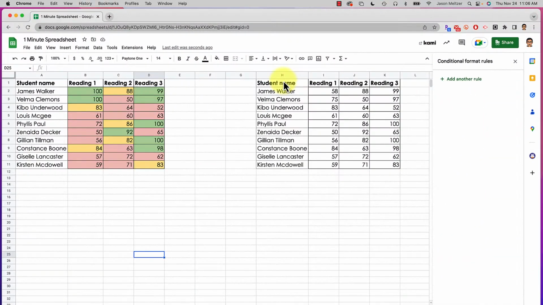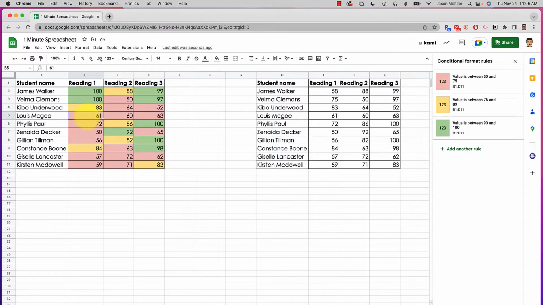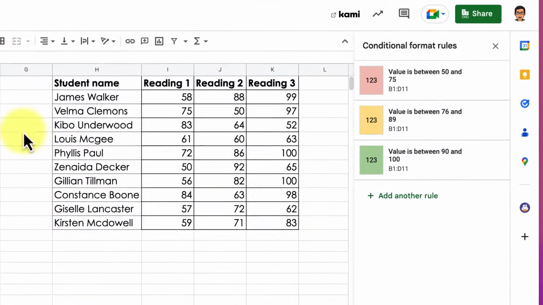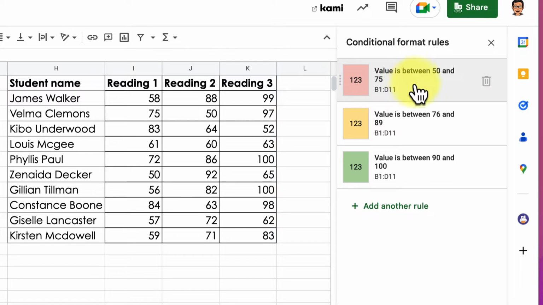I want to show you two ways to do conditional formatting. This is the standard one, where if you put in a certain score, then it changes color. And you can see here in the conditional formatting rules that it is between certain numbers, and I can pick